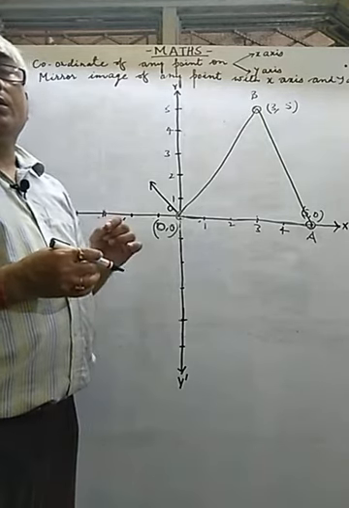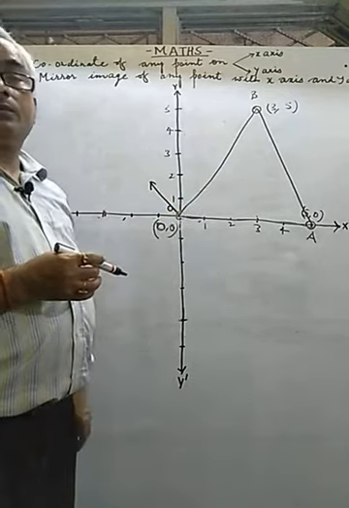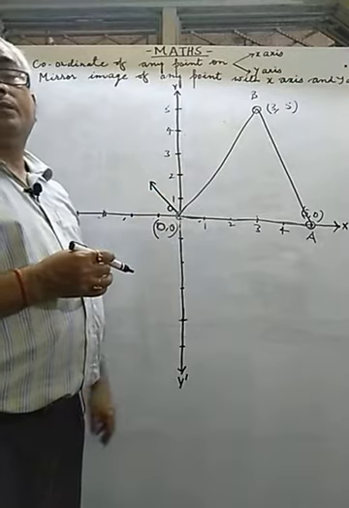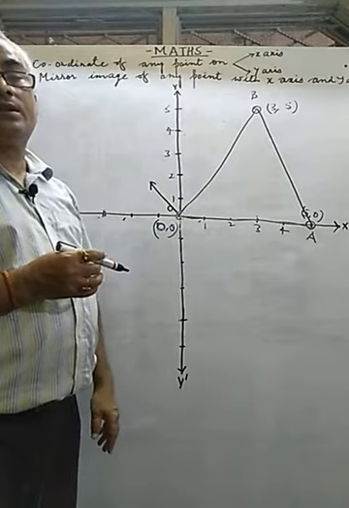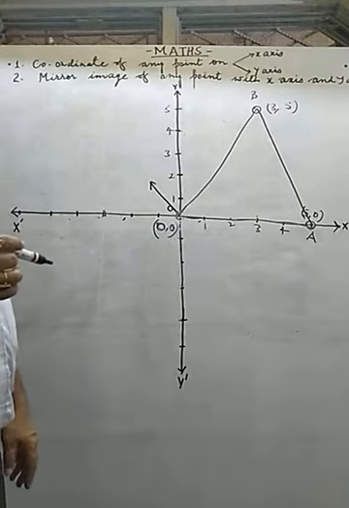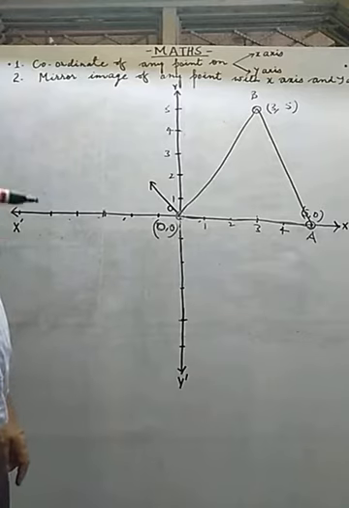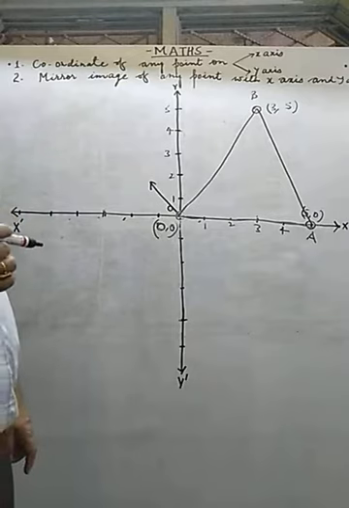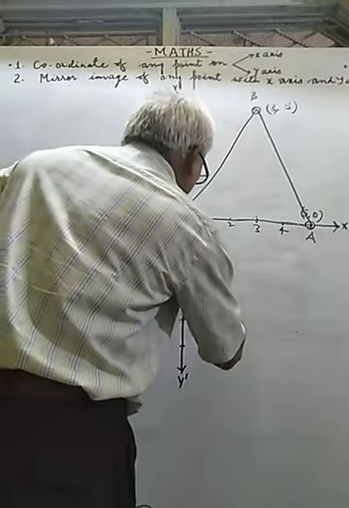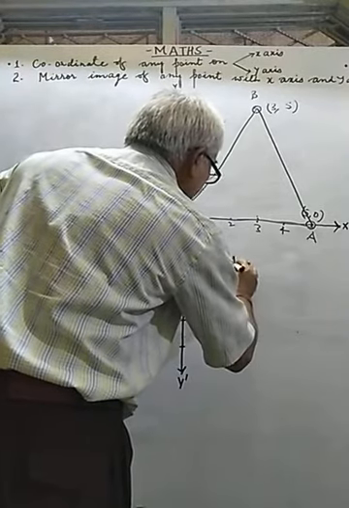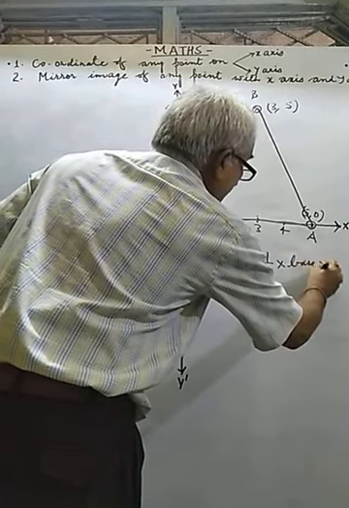Sometimes it is asked, find the area bounded by 3 line segments, meaning the area of the so formed figure. So after joining points, what figure is obtained here? It is a triangle. So we have to find the area of the so formed figure, meaning the area of the triangle, and you know the area of a triangle. What formula is there? Half base into height. Area of triangle equals half into base into height.